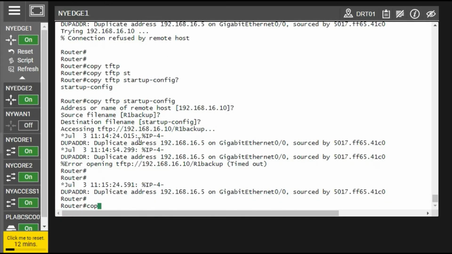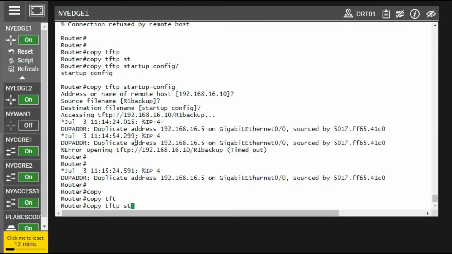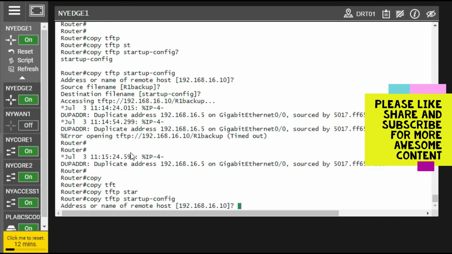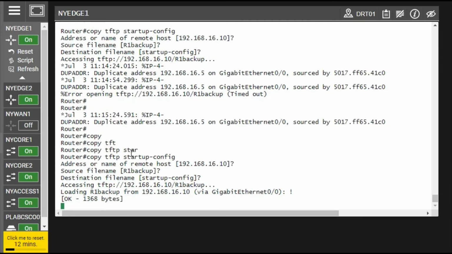Copy TFTP startup, host name this, and file name is destination file name. And now your configuration has been copied. So let's check. Your configuration has been copied. Your startup config is copied now, and